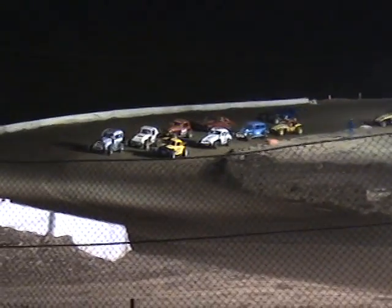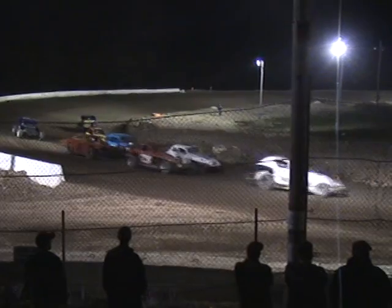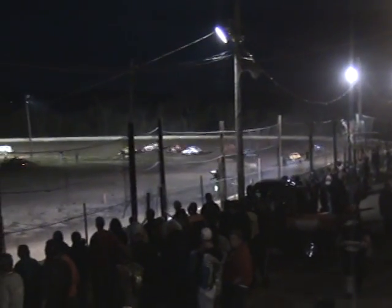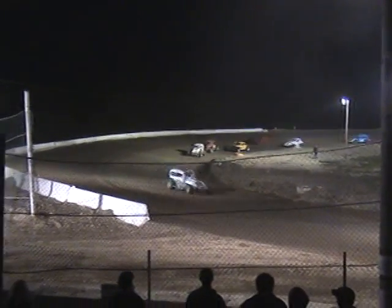There are 3 different divisions in here. There are modifieds, limited sports, takes off on the front of this thing with that 2X machine. Now my past history with these guys has always been that they had 6-cylinder motors in them, and I don't think that's...